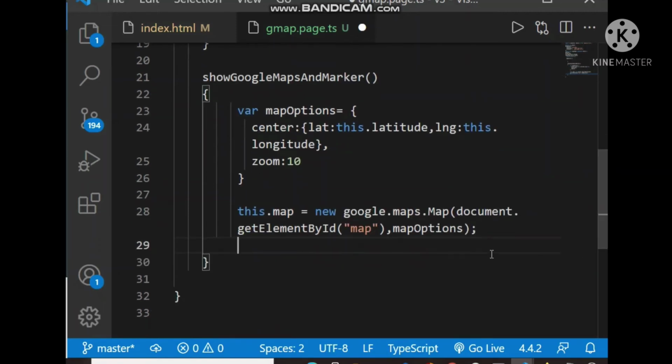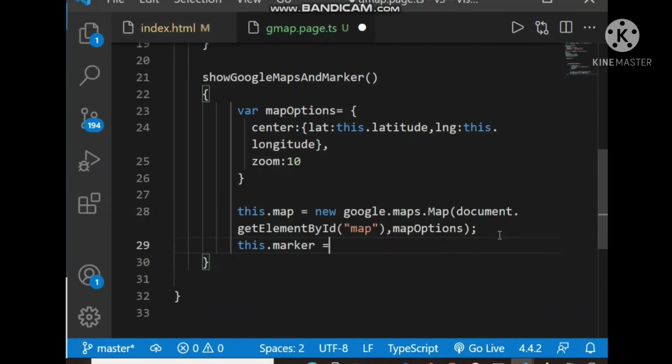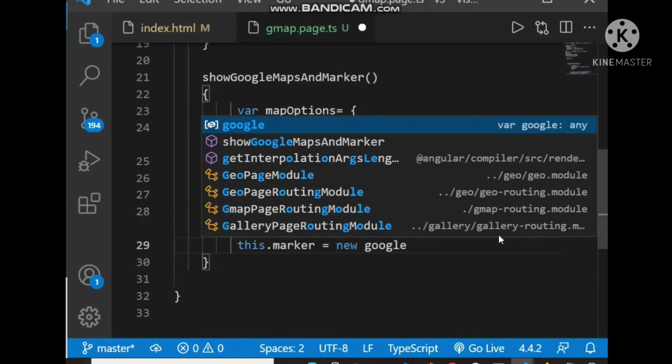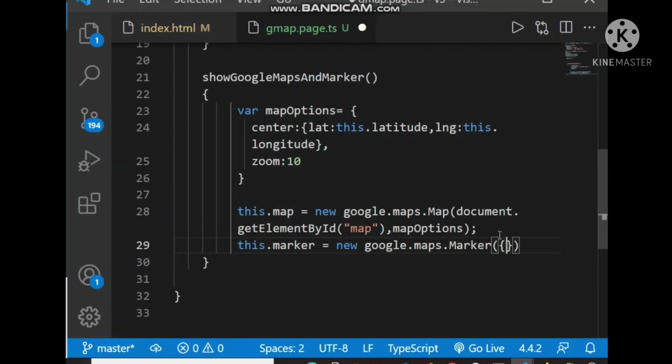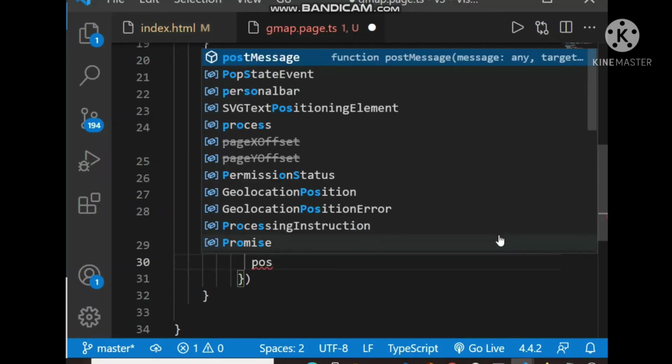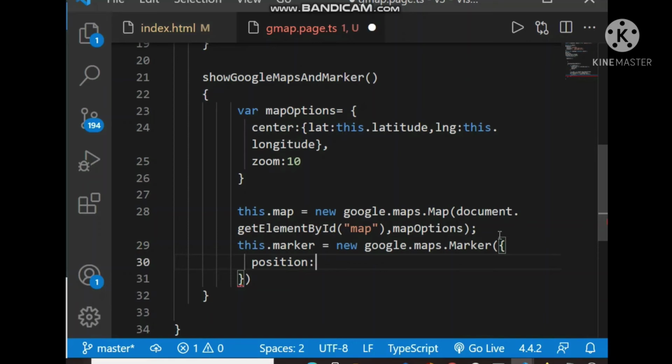And now we have to define the marker on the map. So this dot marker equals new google maps marker. The position of the marker is the center of the map.